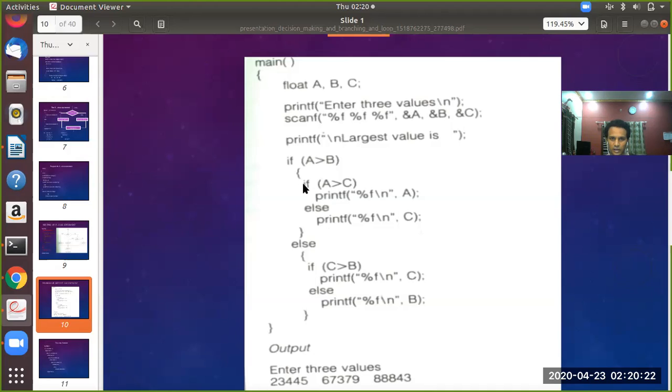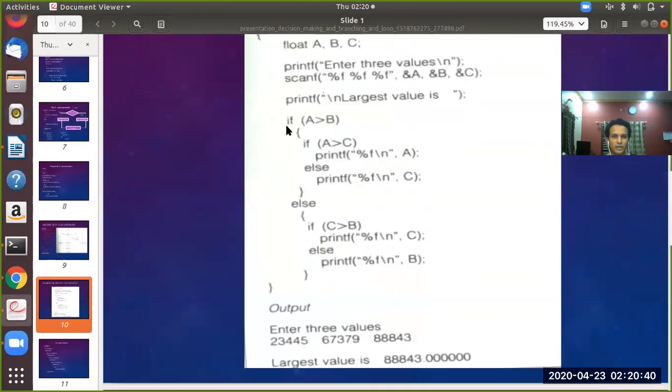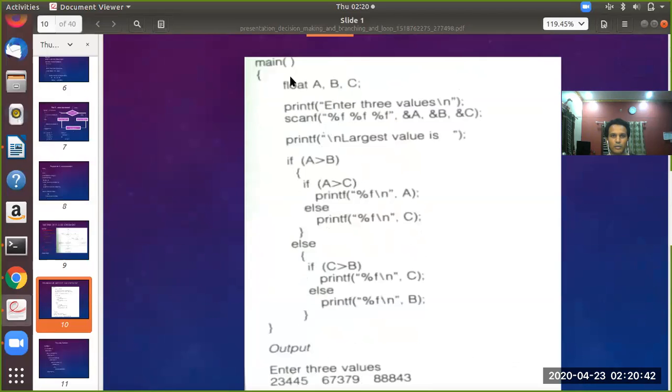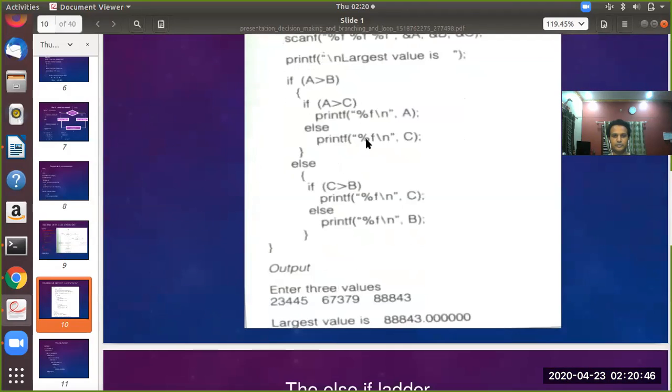Look here, this if is present within another if, so we call this nested if statements, with the else block of the outer if. I think this is quite easy. You can try this program on your system to execute and check the results.